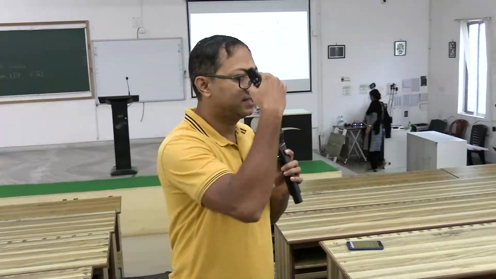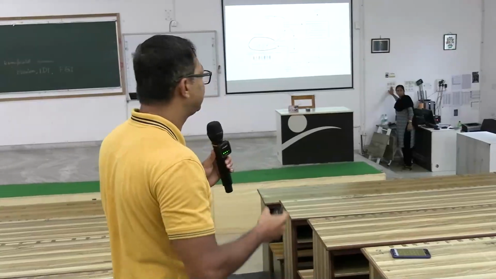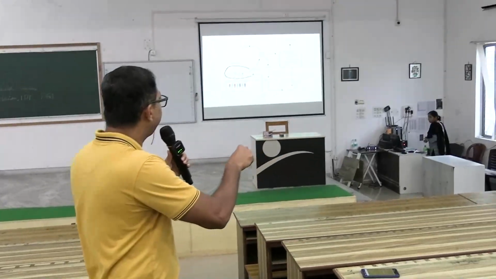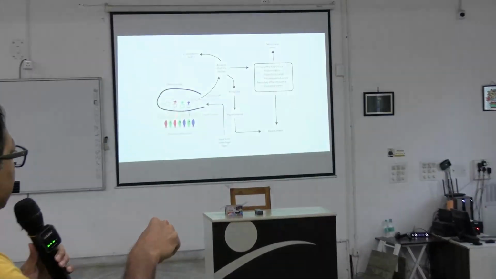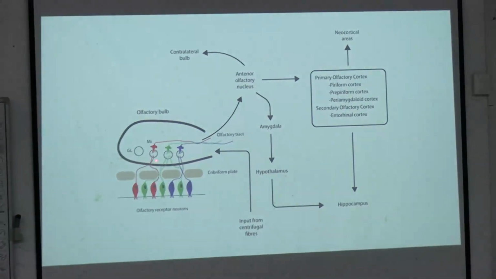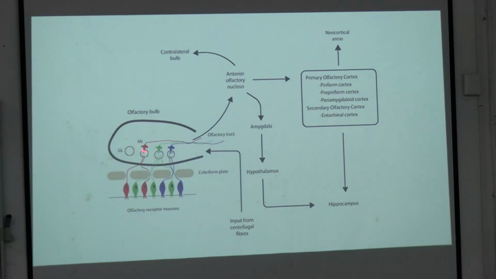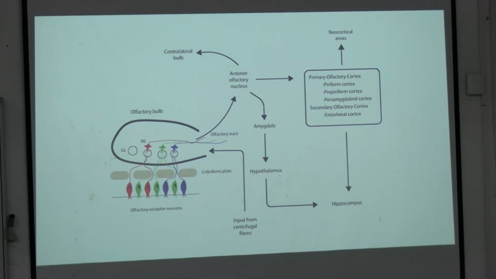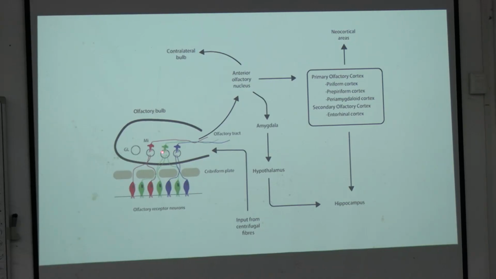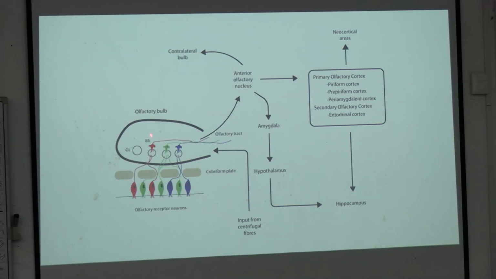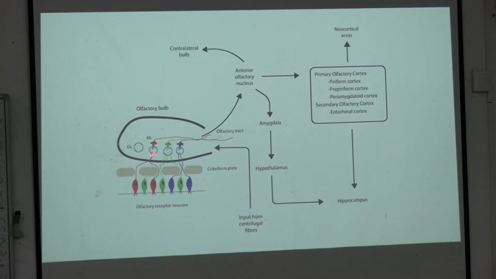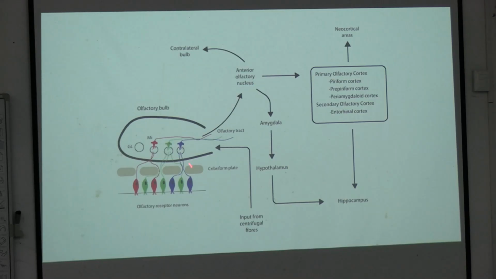So ethmoid is at the base of the brain, right? It has a cribriform plate, a sieve-like structure, through which the olfactory nerve pierces the ethmoid plate and goes into the olfactory bulb, and you have again the same neuron with another axon. So this is the first order neuron, and the second order neuron is the